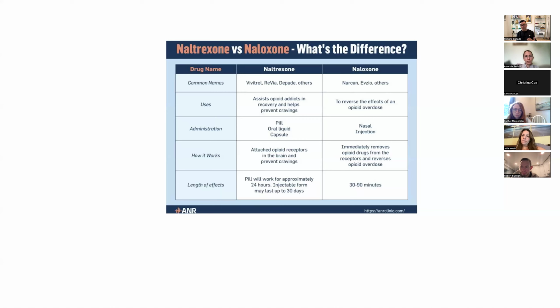Then once it leaves the system, the fentanyl is still there, because it's a very long half-life. The fentanyl goes back on the receptor and the person goes back to respiratory depression. That's why, especially if someone overdosed on fentanyl, you have to observe them for at least 24 hours. You don't want to leave them alone, and all of a sudden the fentanyl is still in the system and someone goes into respiratory depression again, all right?